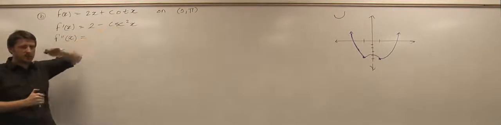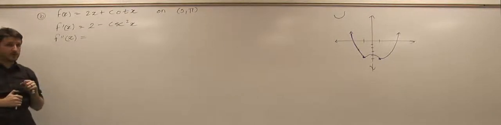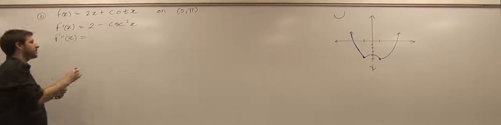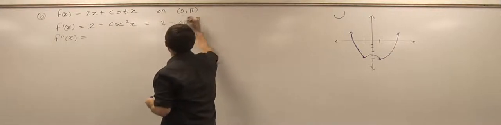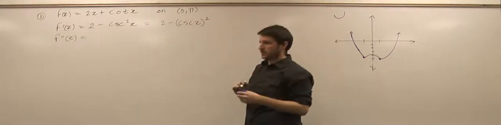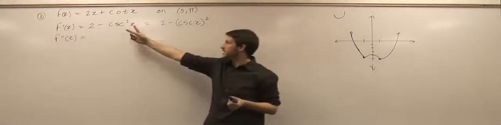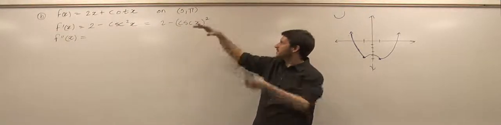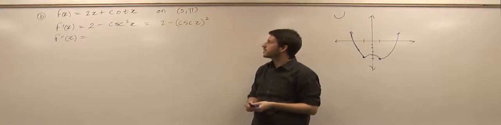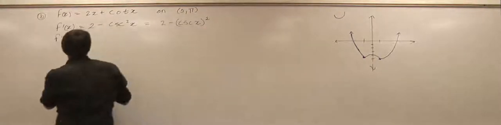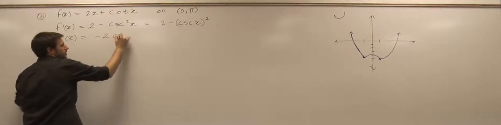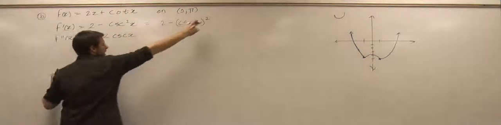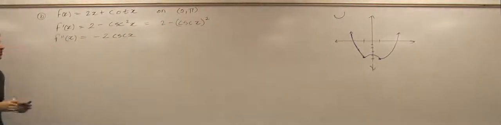But what about cosecant squared? How do I do the derivative? That's a chain rule, right? You have to think of this guy as cosecant x squared. When the square is next to the trig function, you think of it as squaring the whole thing. So to do this derivative, it's going to be negative. The 2 is going to come out front. Then you subtract 1 from the power, so it's negative 2 cosecant x to the first times